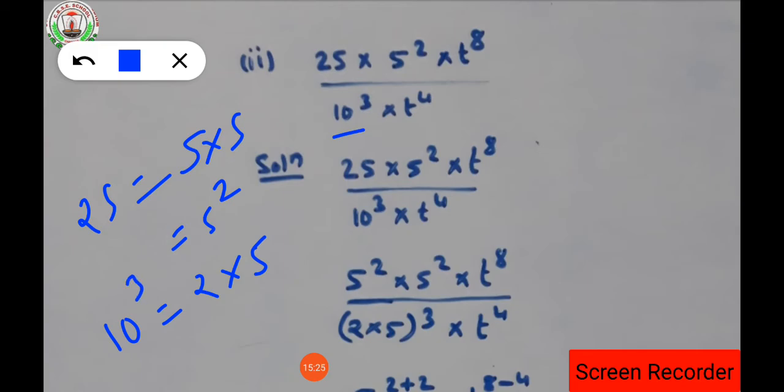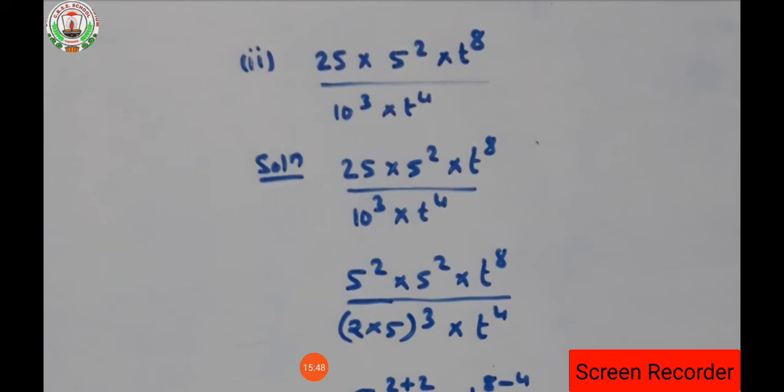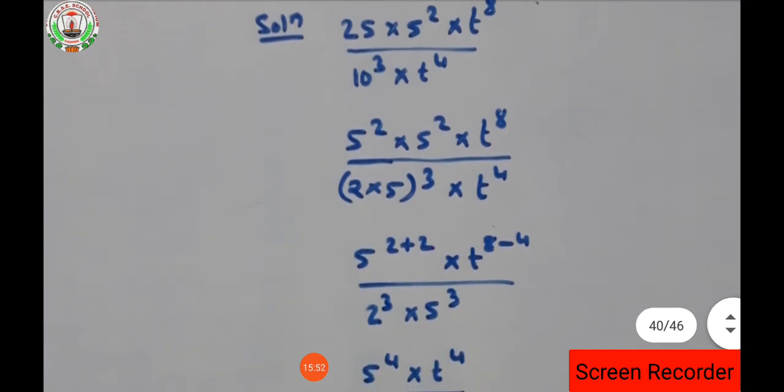Then if it is to the power of 3, the whole to the power 3 will be there, and it can be written as 2 to the power 3 into 5 to the power 3. We can write like this also. Of course we can write it, isn't it? Now look students, have you understood up to here how to write 25 and 10 to the power 3? Okay, then using this only, we can solve the rest of the question. Now look how to solve. Up to here understood?